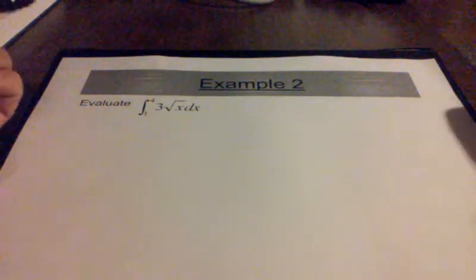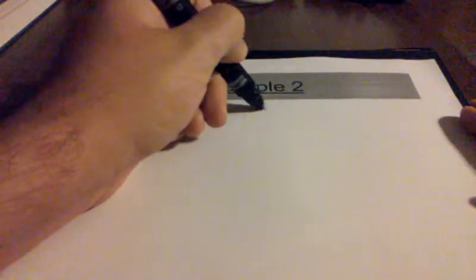Alright guys, for this problem it wants you to evaluate the definite integral of 3 square root of x dx on the interval 1 to 4. Alright, so I'm going to use the fundamental theorem of calculus to find this definite integral. The first thing that I'm going to have to do is find my